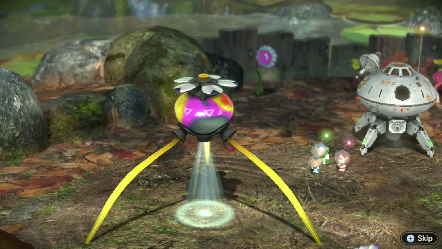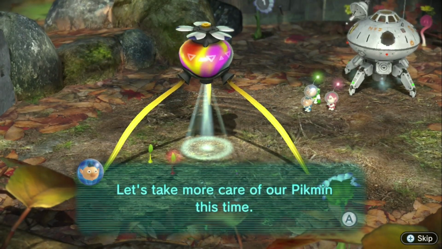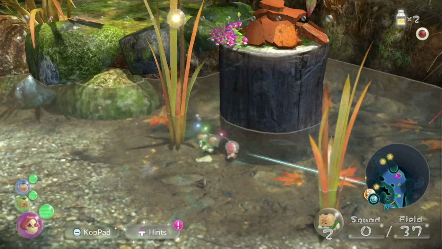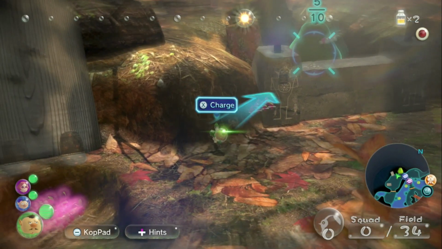Day 10 and we get 4 sprouts today. Since we've got access to the entire area where the winged onion was, we've got more than enough pellets to build up our numbers. I get the transmission from Louie, but the Wi-Fi cuts out, so it's time to build another bridge. The peak of gameplay, my friends. Anyway, the bridge is super easy to build with winged Pikmin because the pair is...